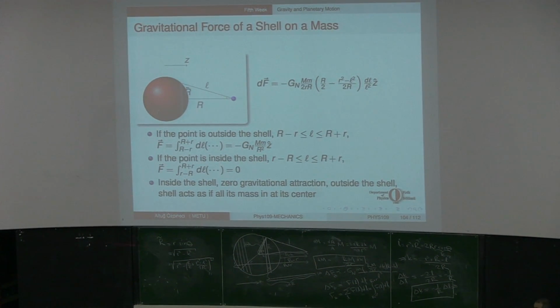If you are not able to evaluate that integral, there are computer programs which allow you to integrate those integrals, which gives this expression over here. If you look at this expression, this is nothing but the gravitational attraction between two point masses whose distance is r. Now, if you are inside the ring,